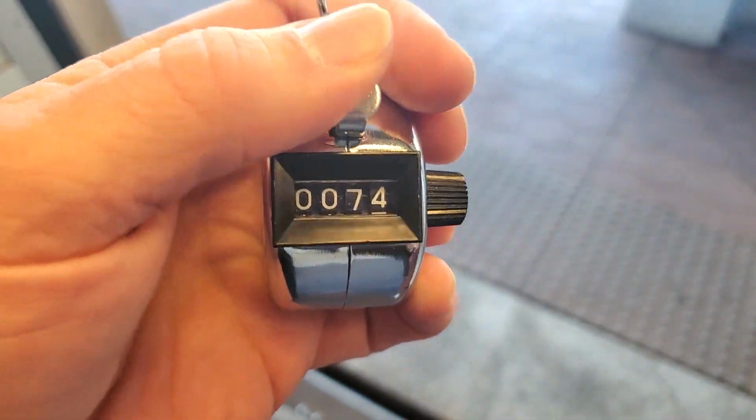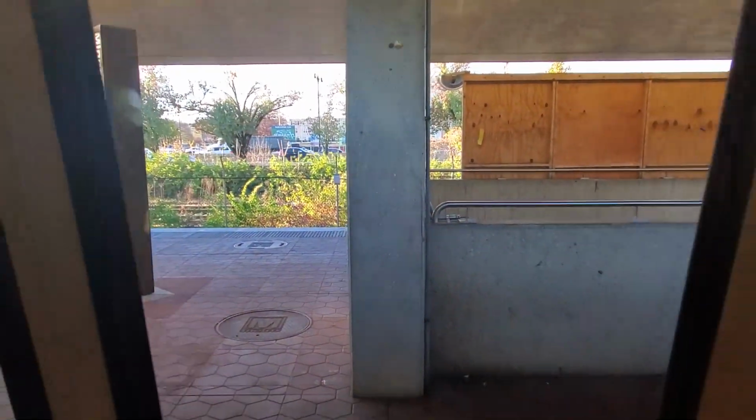Doors opening. Step back to allow customers. Minnesota Avenue, station Please move to the center of the 75. Step back. Doors closing. Now more than 3/4 of the way